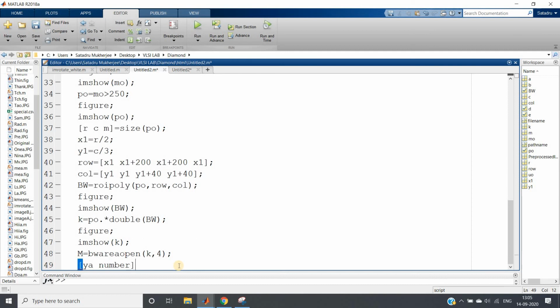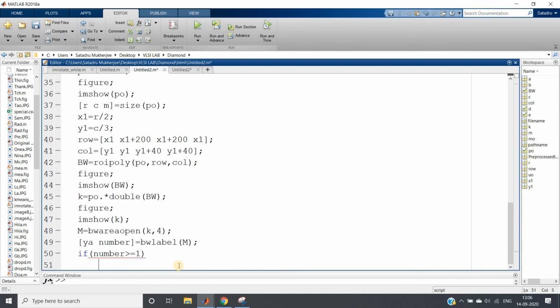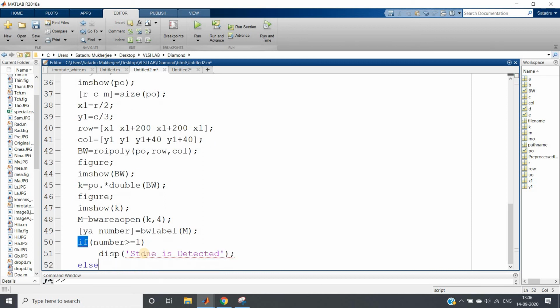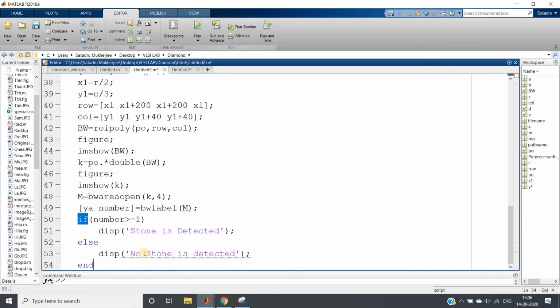Number equal to bwlabel of my M image, right? Then we can put one simple if else condition. If number greater than or equal to 1, that is if a single binary object is detected, then display stone is detected, else display no stone is detected, right? And end this if else.